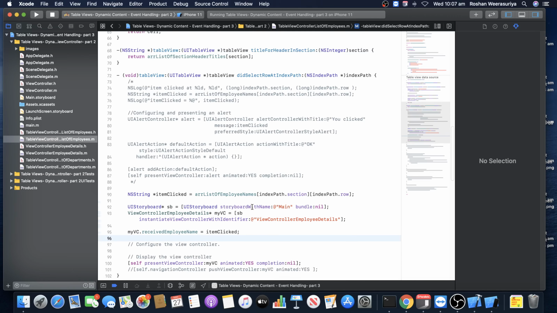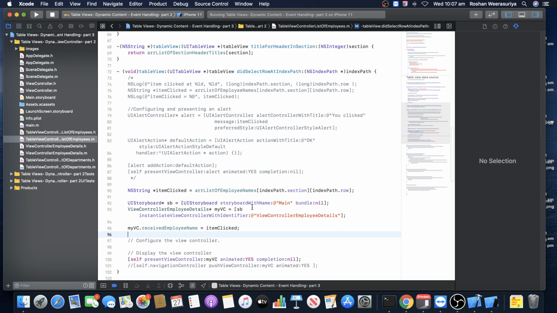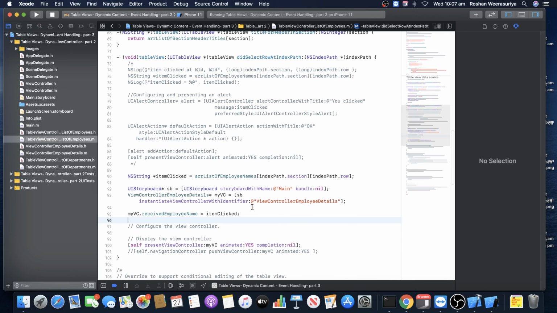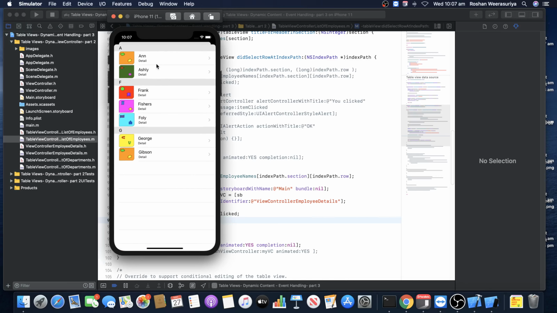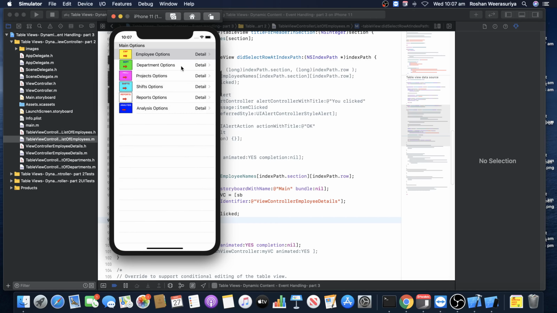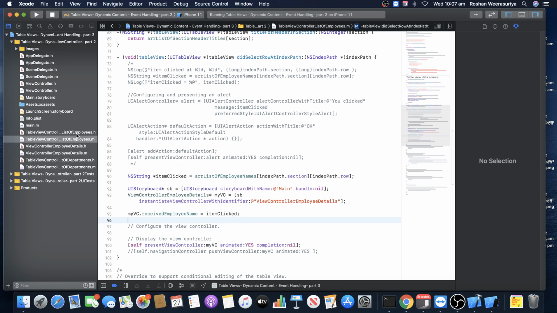Let me show you something as well. Let me show the dynamic thing also, thinking it will be helpful for you. As an extra thing, let's quickly do that as well. Let's say when you run, rather than statically binding, you want to dynamically load it. So I want to give you that revision as well. For that, I have to go and override this method,